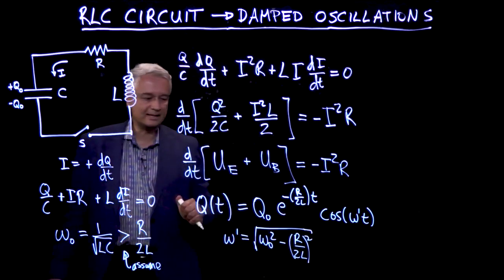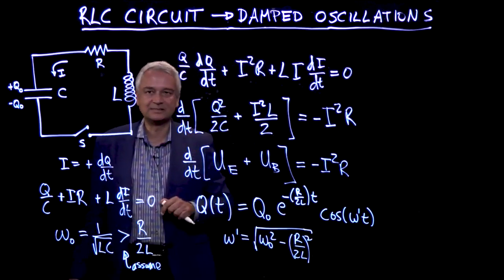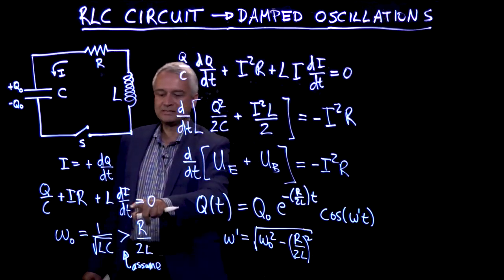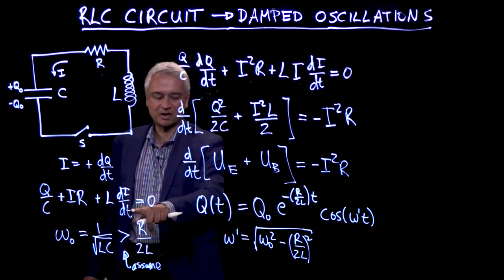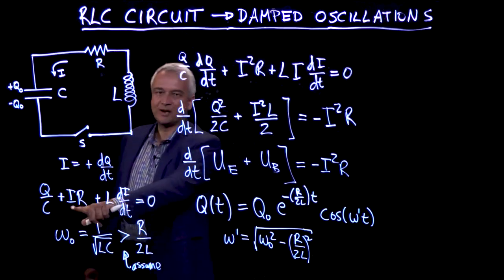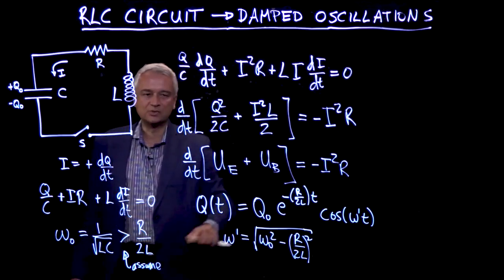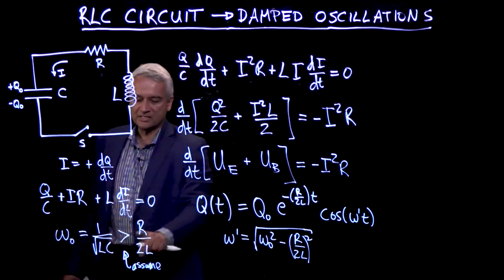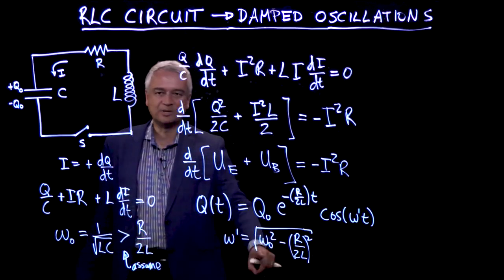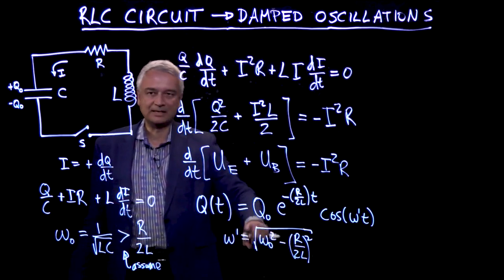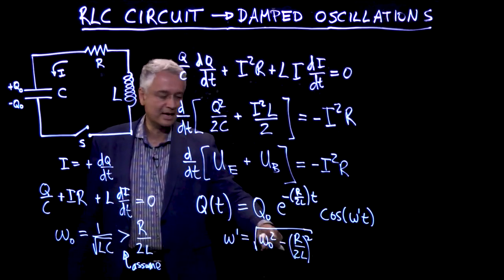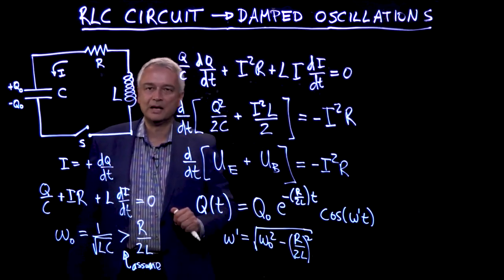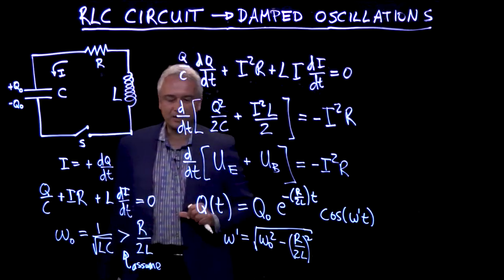Okay, so it's a straightforward exercise in differentiating this function for you to go and check that if you differentiate this function twice and put it here, because this, remember, is d squared q by dt squared, and differentiate this function once and put it there, because I is dq/dt, you will see that this function solves this differential equation as long as omega naught is bigger than r over 2L. And you can see that if omega naught were smaller than r over 2L, something bad would happen here. In fact, what that means is that if omega naught is smaller than r over 2L, the solution to the equation takes a different form, which we will not be using here, because we're going to assume that r